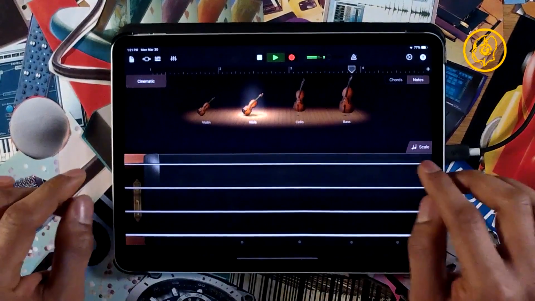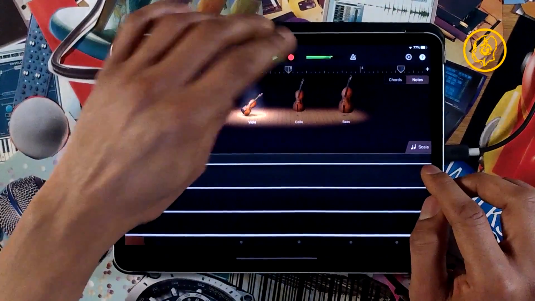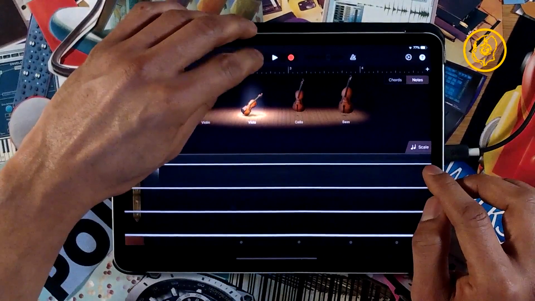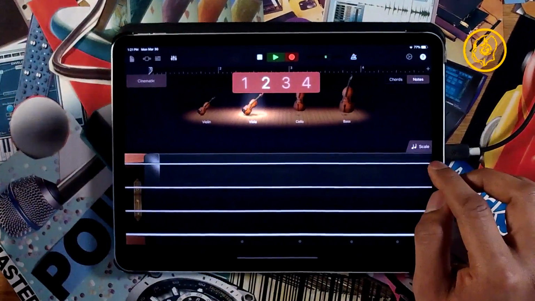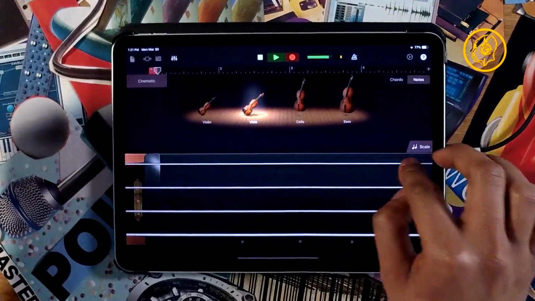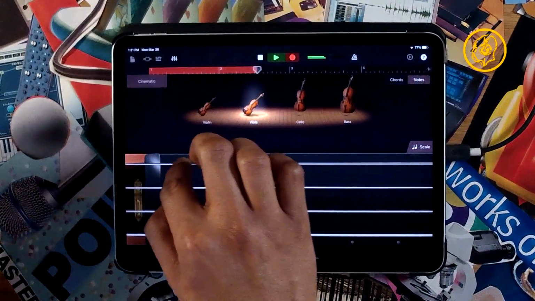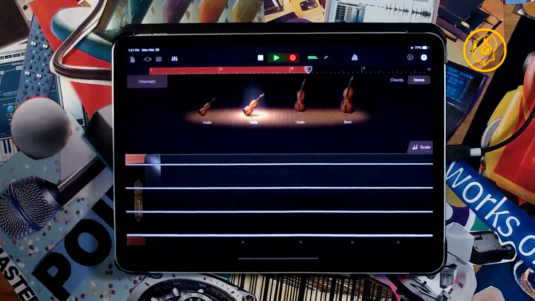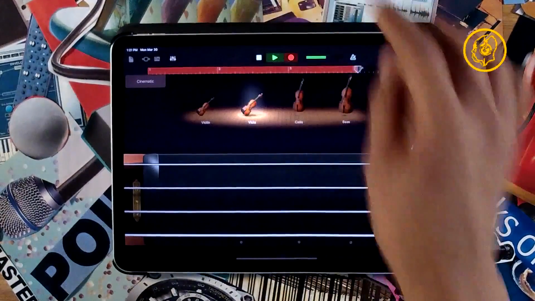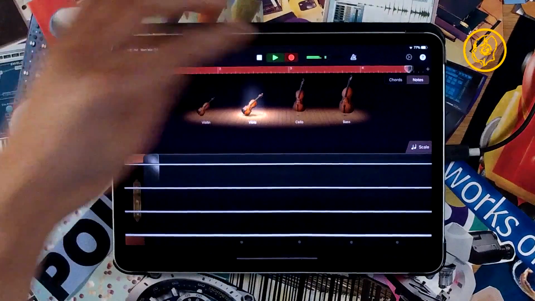That's interesting. I just like that sound. It's kind of an effect. Okay, let's go with that. 2 and 3 and 4, go. That's enough for me now. I gotta go to the next one.